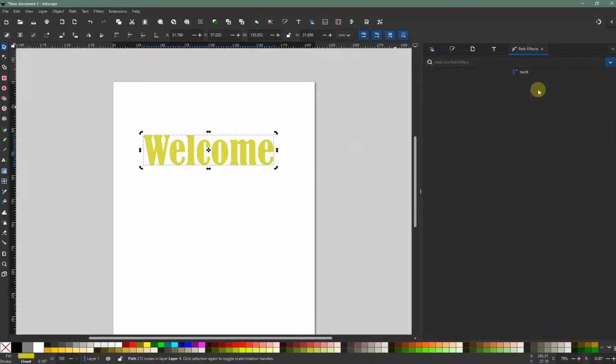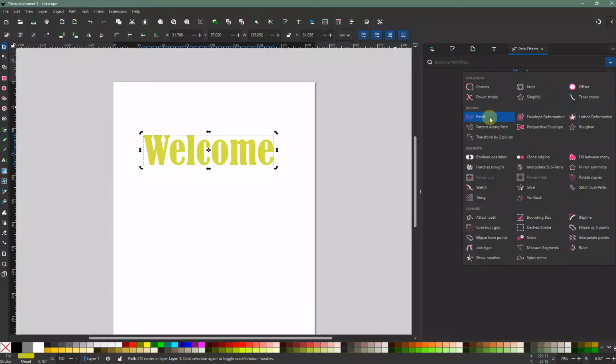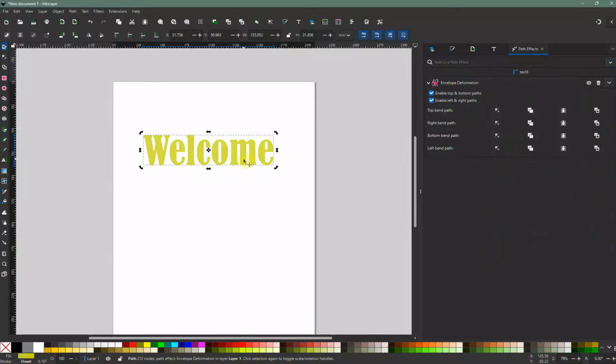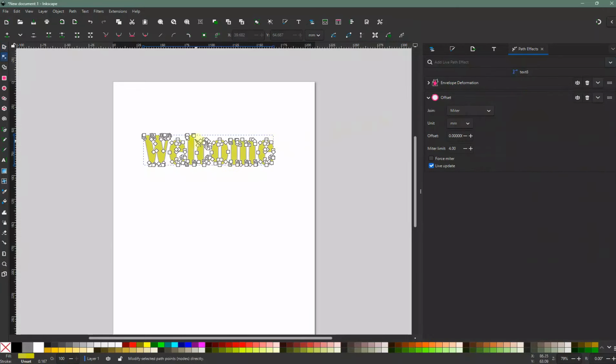You can use the Path Effects feature. Go to Path, then Path Effects, and a panel will open on the right. Click on the plus icon to add a new effect and look for Offset, Interpolate, Deformation, or Bend, to start experimenting with different looks. Each effect has its own settings you can play around with. You can adjust nodes using the Edit Paths by Nodes tool, which lets you drag and shape the text to